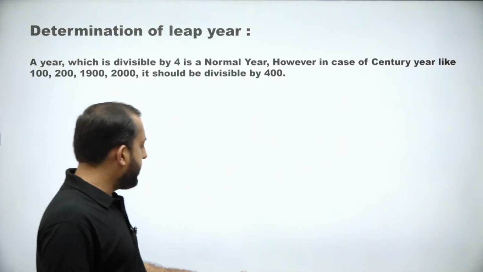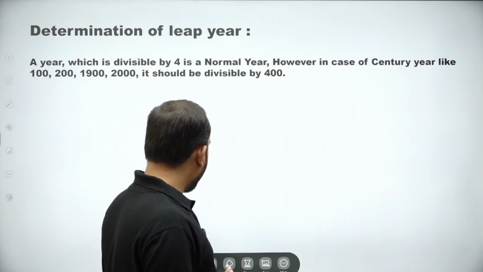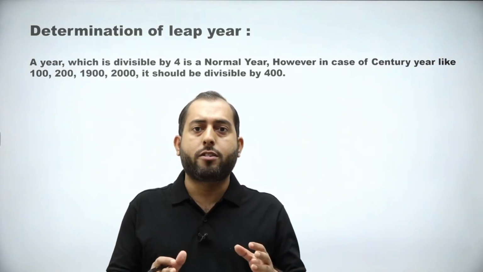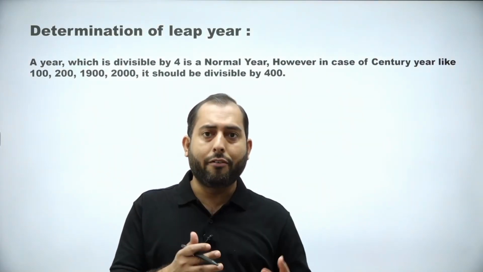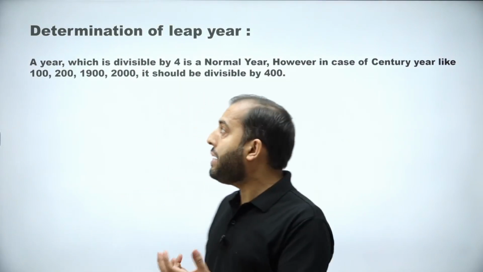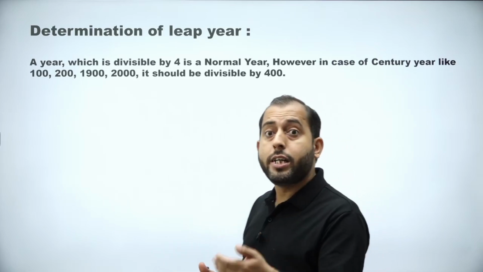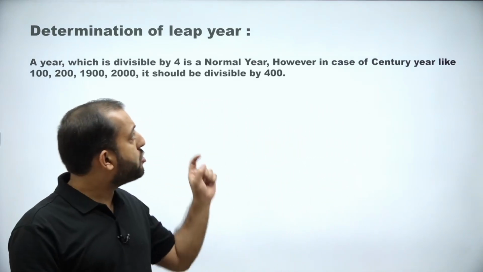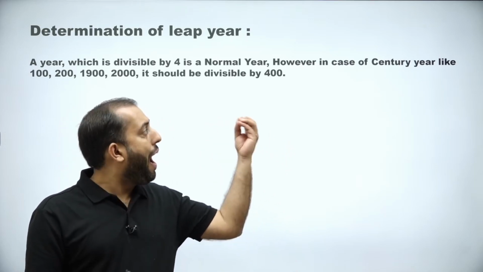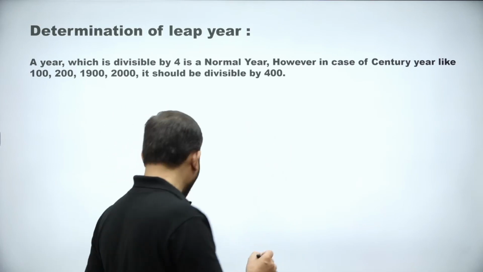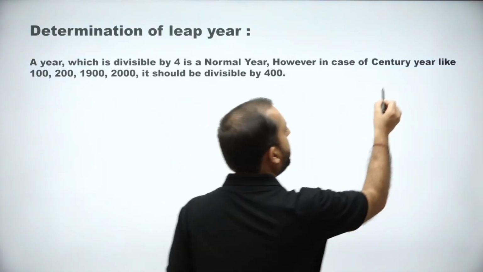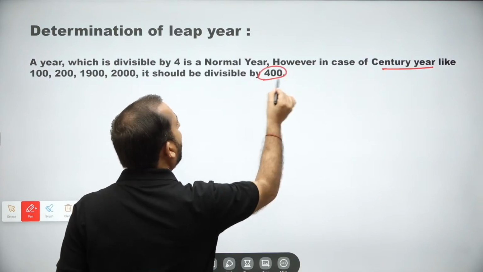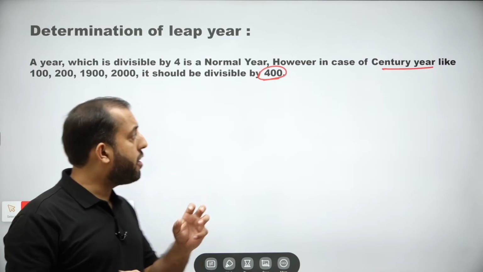Now, the next thing is, I hope we all know what is a leap year and how to find it out. But it might be possible that a lot of you know only half the definition. Okay. So the complete definition for finding out whether a year is a leap year is this: a year which is divisible by 4 is called leap year. However, in case of century year, now please underline this, in case of century year, we divide by 400, not 4. We divide by 400, not 4.